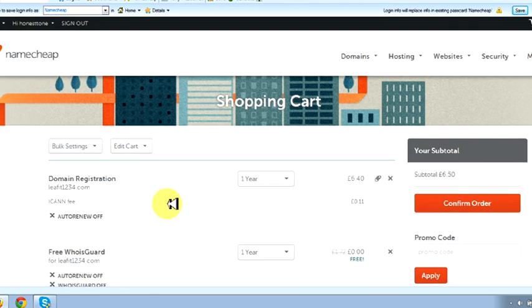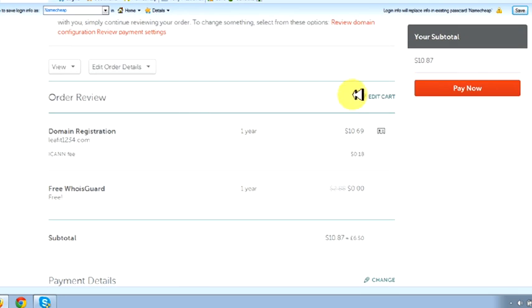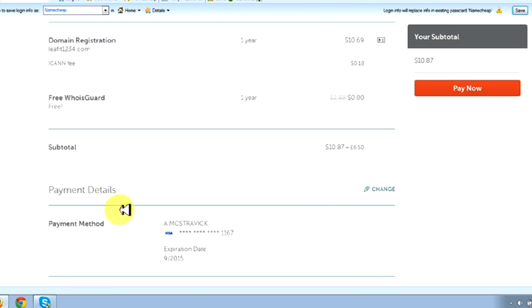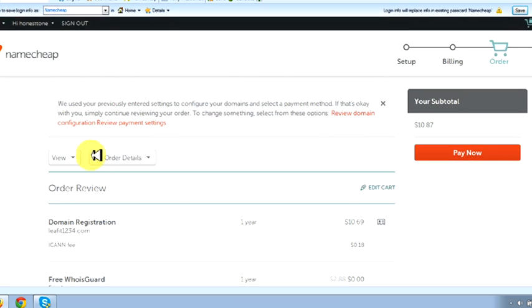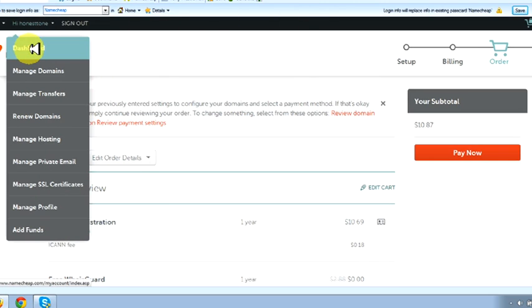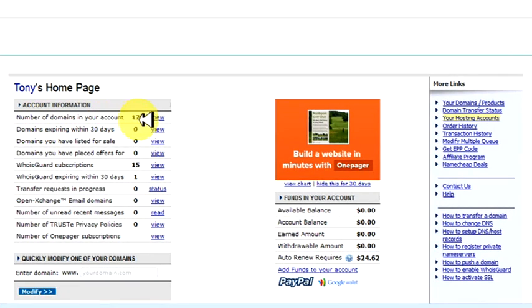It's one of the reasons why I use Namecheap, because they do give a free Who Is guard. So they're already checked for you. Just confirm order, and then you just decide how you're going to pay. Pay now. I've got my card linked up to this, but you'll fill out your details, purchase the domain. That's it, job done. Now, once you've done that and you come back to your dashboard, you'll have a number of domains in your account, and that will be a one, or depending on how many you've purchased, but one